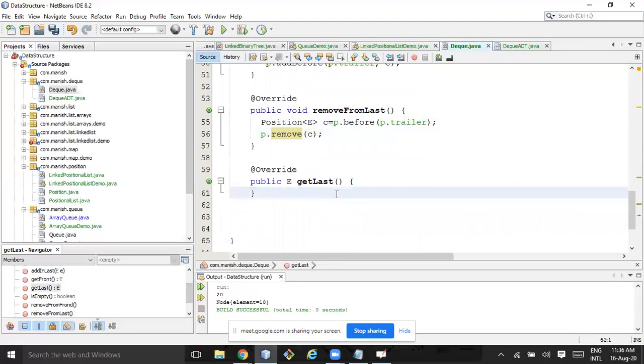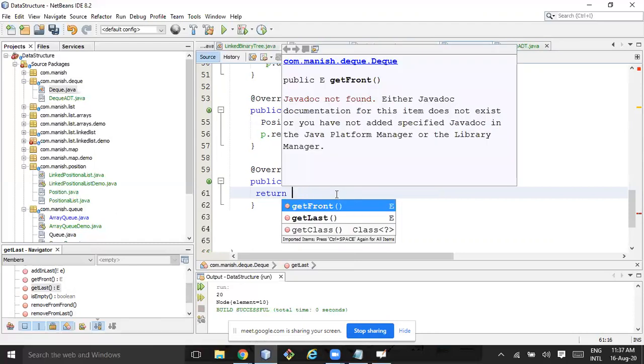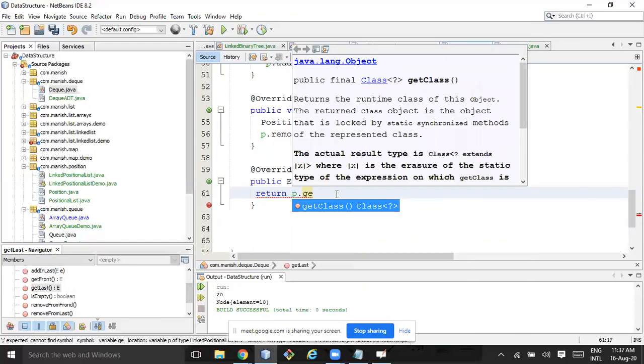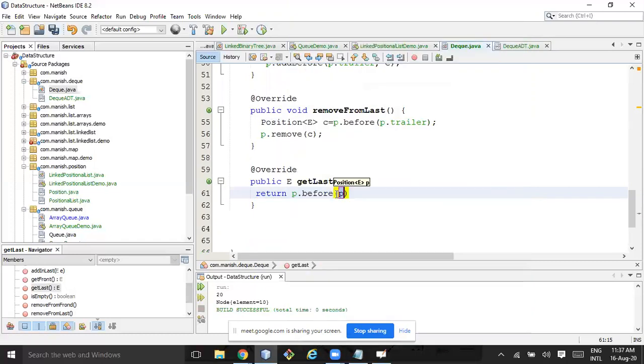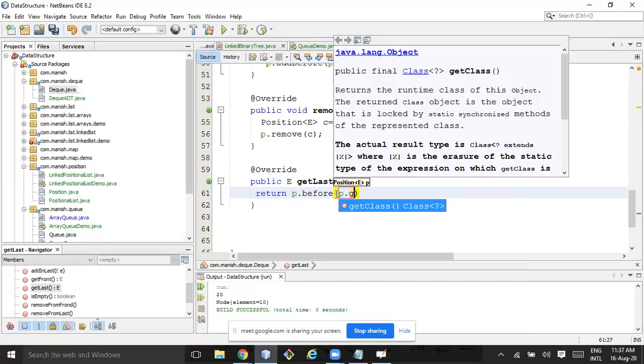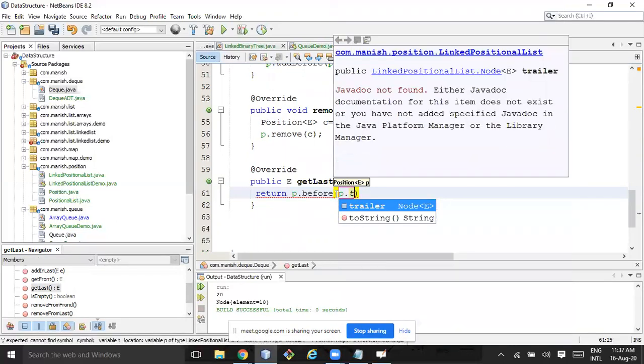Get last is return p dot trailer dot get before, p dot get trailer.